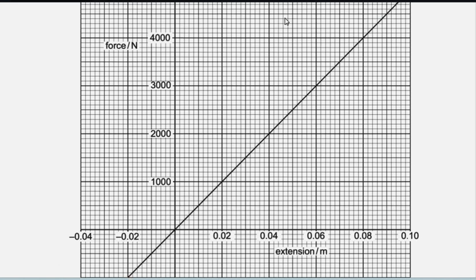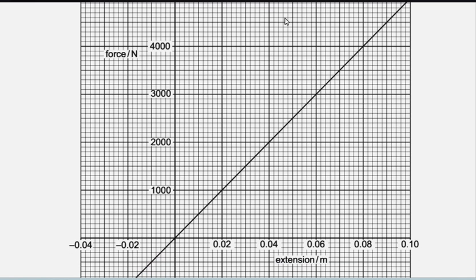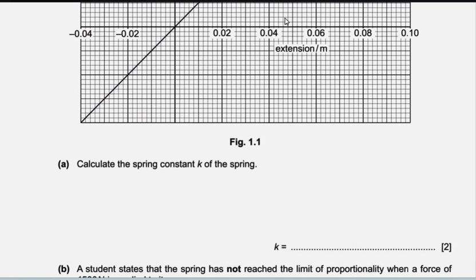Each time when you're given a graph like this, which is a force extension graph, the gradient of this line will always give us the spring constant. But if it was extension versus force, then 1 over the gradient of the line will give us the spring constant. So from Hooke's law, why am I saying so? We know from Hooke's law that F is equal to KE,